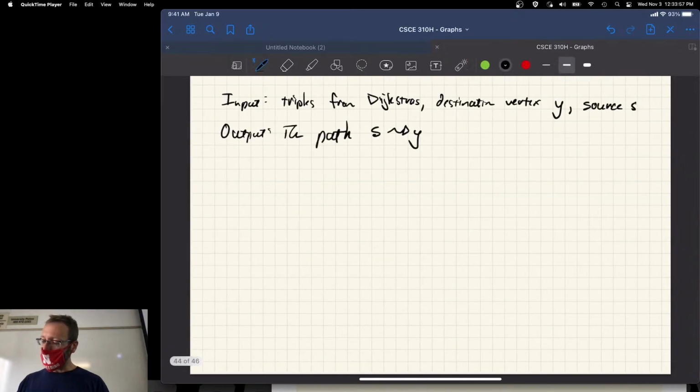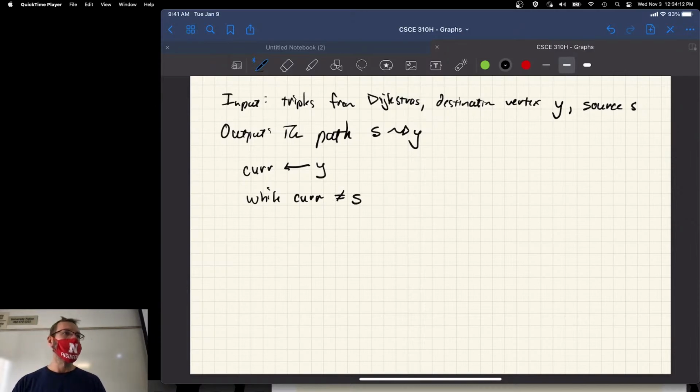Otherwise, what you're going to do is set up a basic while loop. I'm going to set up a current vertex, and I will start at the endpoint, Y. While the current vertex is not equal to my source vertex, then I will start backtracking. So I'm going to go ahead and have a triple here. I'll need maybe A, B, and then W for the weight. This will be the triple